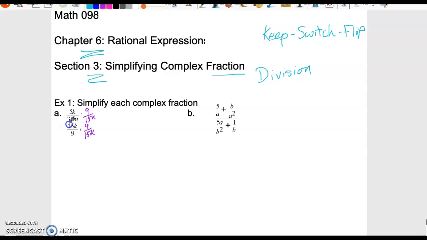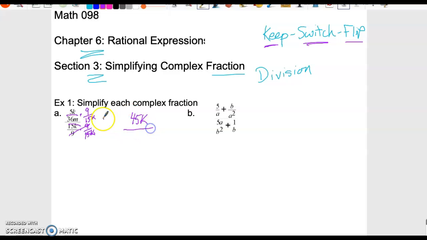So if you look at that, then you could cancel out 15k, you can cancel out the 9, and I just did the keep 5k over 36m alone, switch the division to multiplication, and then flip the denominator. So that might actually help you understand why keep, switch, flip works. So as I'm looking at that, I'm well aware that some people would actually want to multiply straight across, and you could. You'd have